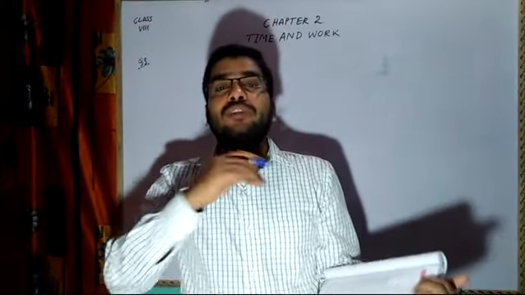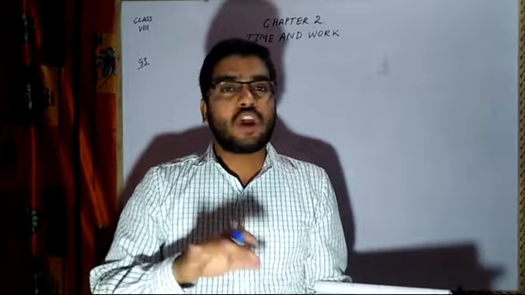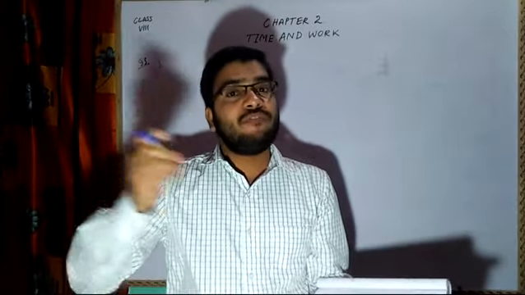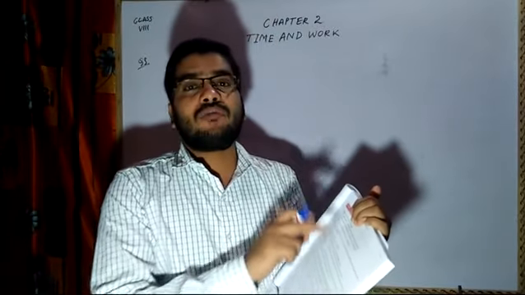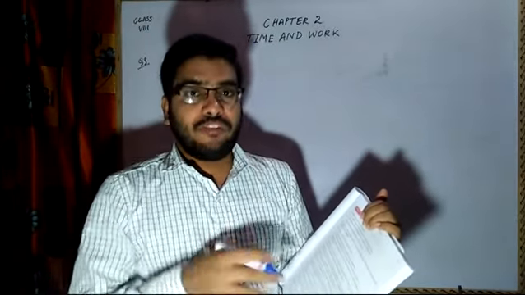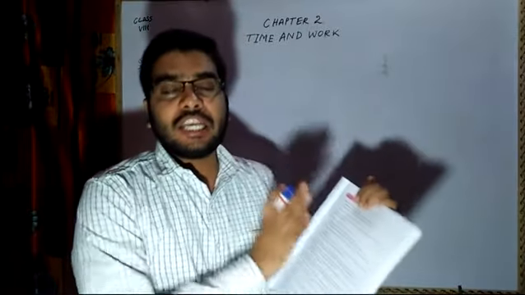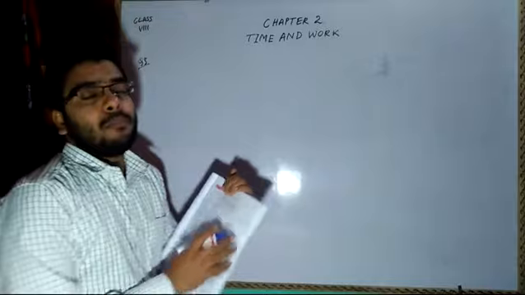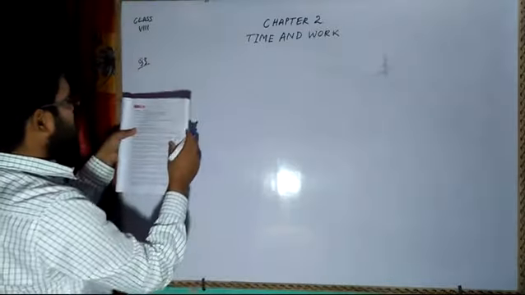So according to their work, their wage should also be changed. They should not get equal wage. There will be some variation, there will be some differences. According to the ratio, they are working in a ratio 2:1. Efficiency is more. A is twice more efficient than B. So definitely he will be earning more money, more wage. So question number 3, A can do.